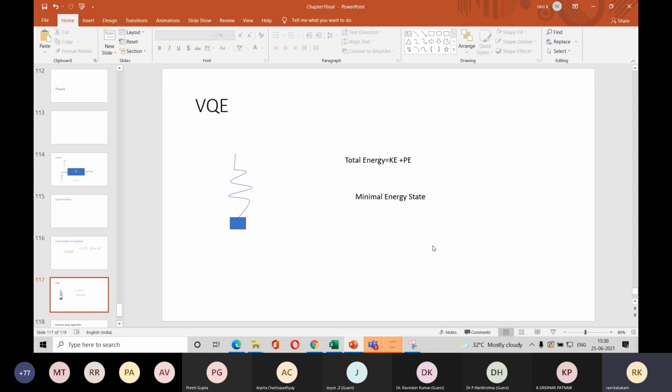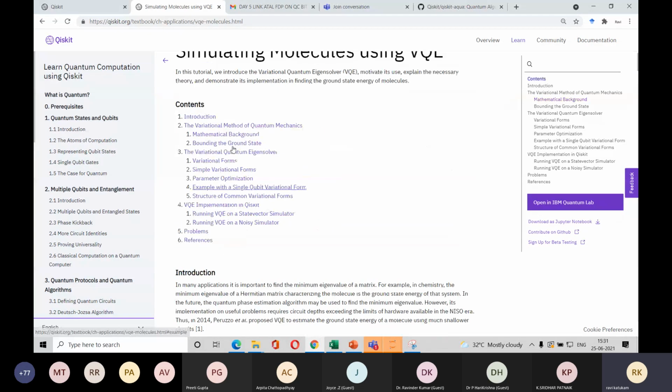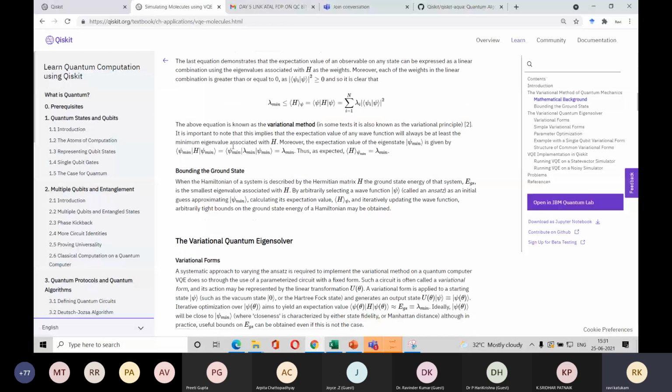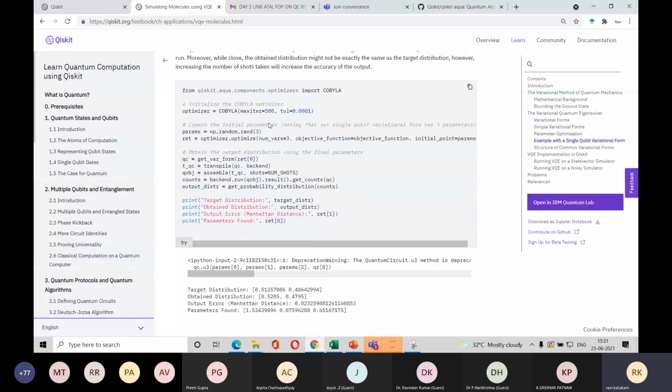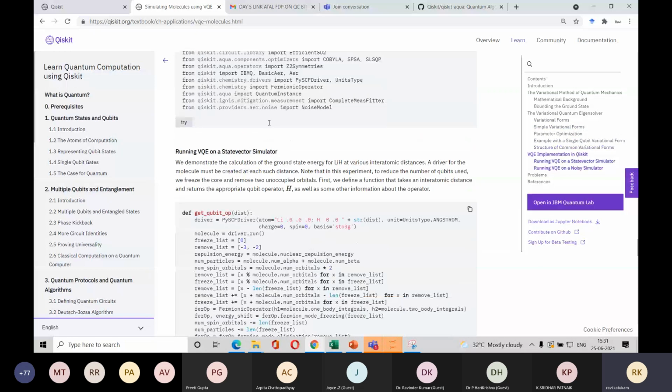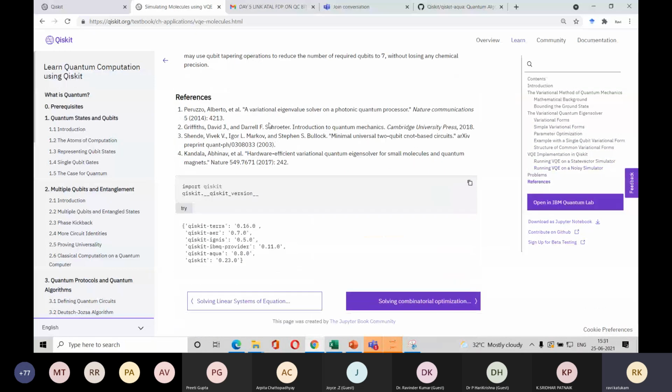So it is proved in some of the computations that if somebody can find out the state corresponding to this minimal energy, that is the optimal solution for many of these problems. Problems like traveling salesman, vehicle routing problem. So some solutions are possible if you can successfully find the minimal energy state. I'm not going through each of them, but this quantum eigensolver is very famous in some of the algorithms. Okay, so that is one.